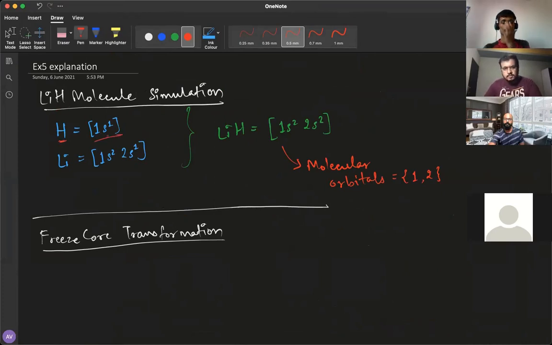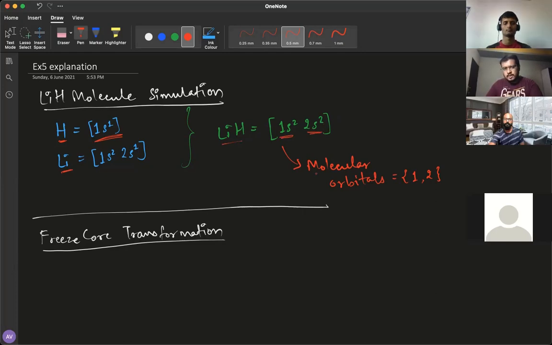The hydrogen atom has this particular atomic structure where the first s orbital has one electron, so that's why 1s1. Lithium has the structure 1s2, 2s1, so it has a total of 3 electrons. In the first s orbital we put 2 electrons, and then in the second s orbital we have only 1 electron left, right? By combining these two, we can write the total molecular structure of the LiH molecule as something like this: 1s2 and 2s2, right?